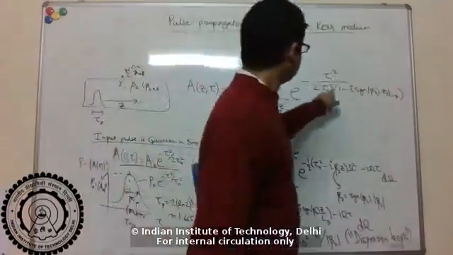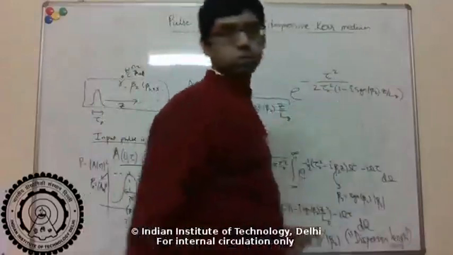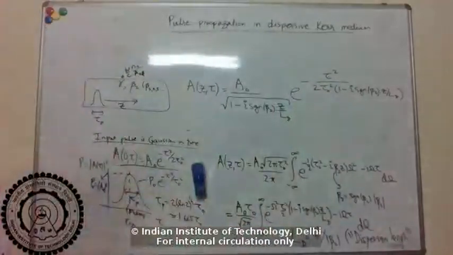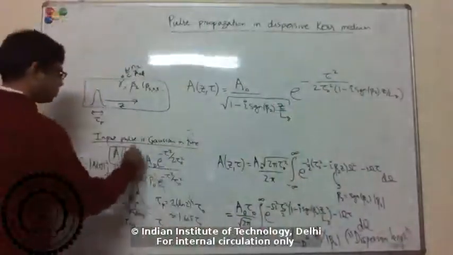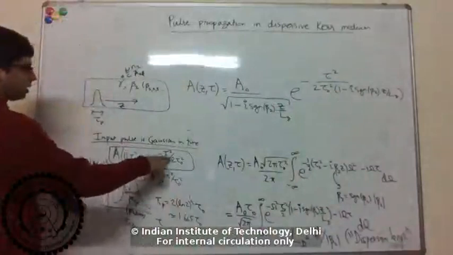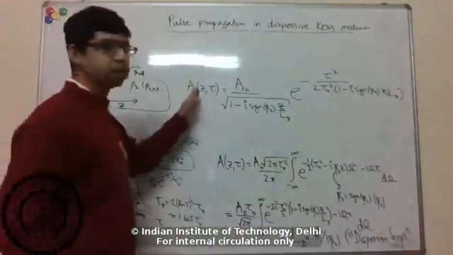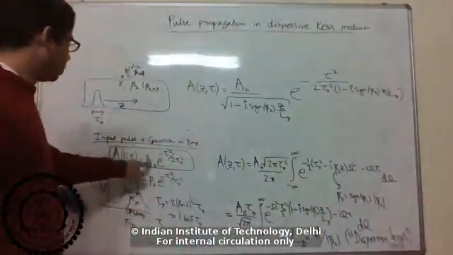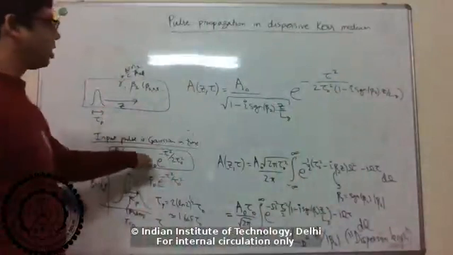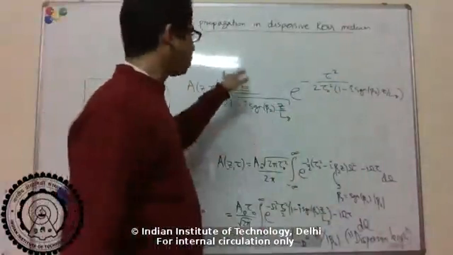It's still a Gaussian in time, right? Tau square by some constant. So this was my input pulse, a naught e to the minus t square by 2 tau naught square, and this is my pulse after propagating distance z. You can see first of all, the peak amplitude here was a naught, but now it's a naught by this factor. So the peak amplitude has gone down,